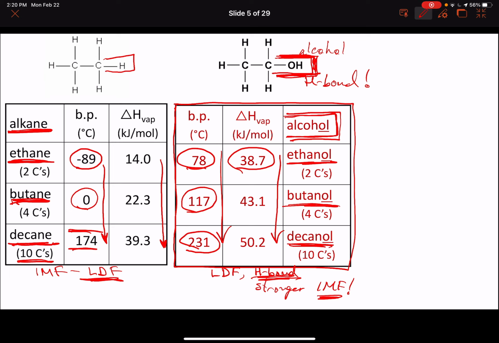Okay, so I hope this has been useful for you in showing how our tools for predicting structure and polarity can ultimately be used to predict properties of